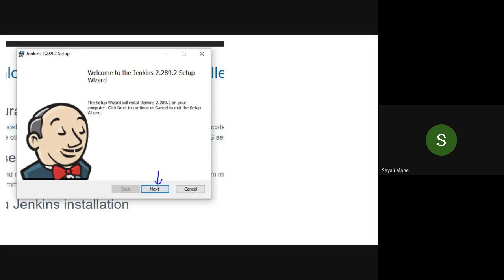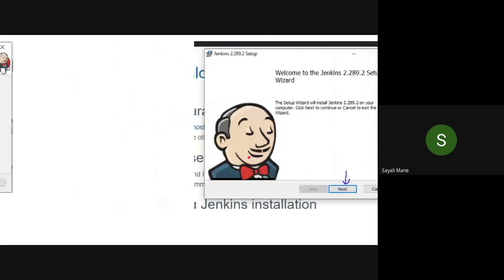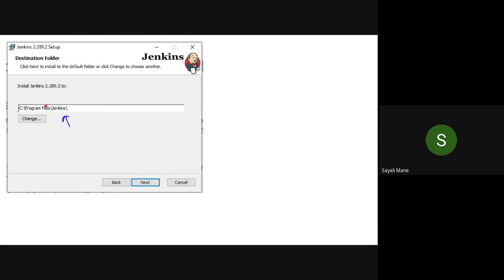Click on next. After that, the destination folder is there. By default they will give you this path.